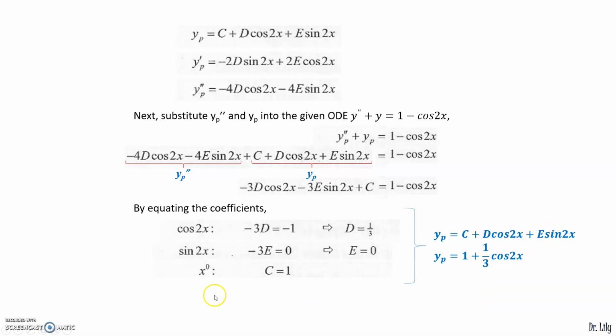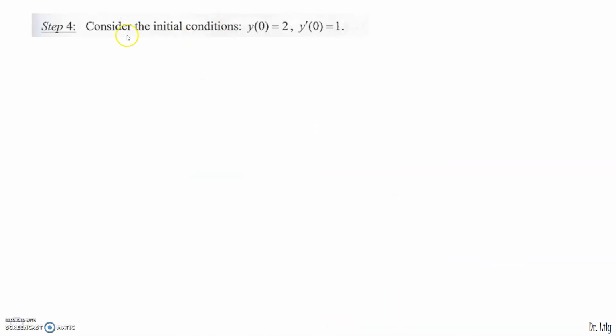Okay, so the last part, we need to find the general solution. y is equal to yc plus yp. yc is given by a cos x plus b sin x, and yp is given by 1 plus 1 over 3 cos 2x. So this is the general solution for the ODE. For the final step, we need to consider the initial conditions. Again, the general solution of y is given by a cos x plus b sin x plus 1